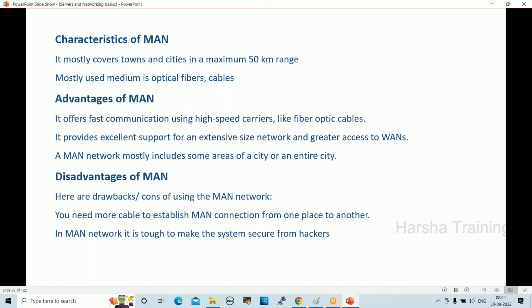Disadvantages of MAN, the drawbacks: you need more cables to establish a MAN connection from one place to another. In a MAN network, it is tough to make the system secure from hackers because of the greater distance.